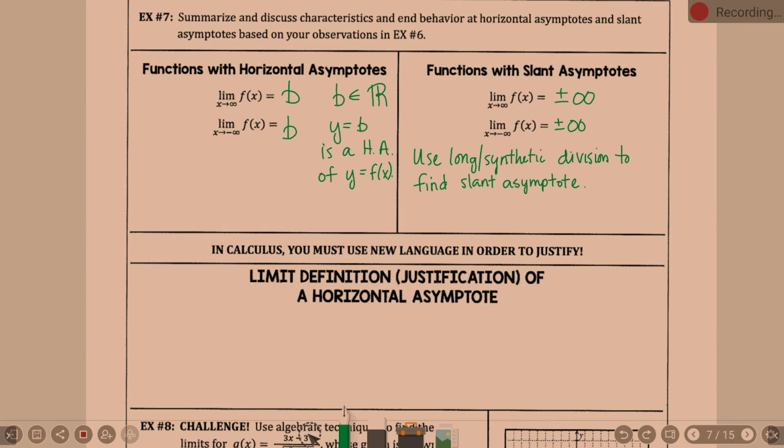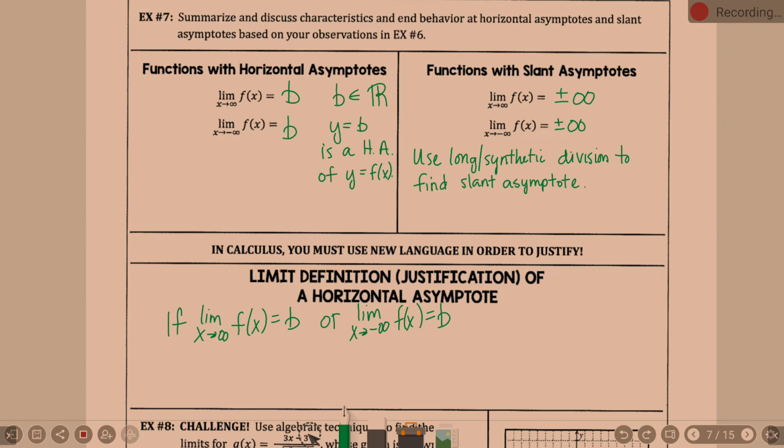If the limit as x approaches infinity of f of x equals b, or the limit as x approaches negative infinity of f of x equals b, so those are your two options here,